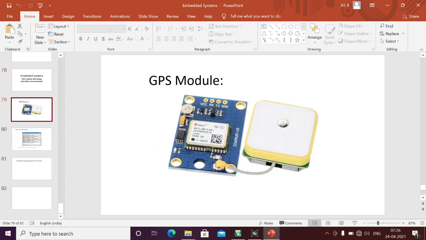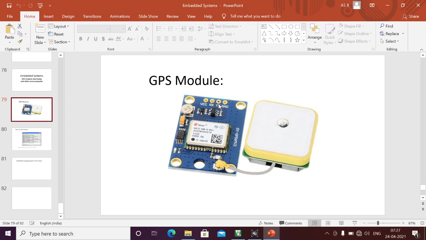First, we are going to discuss the GPS module, the Global Positioning System module. It always fetches the current location and always transmits from this module using the TX pin. Similarly, we have the RX pin of our microcontroller, and we are transmitting the current location data byte by byte. Similarly, we are receiving it byte by byte at the 8051 microcontroller using the UART protocol, Universal Asynchronous Receiver and Transmitter. We are always communicating byte by byte.